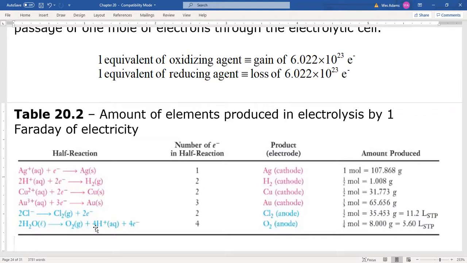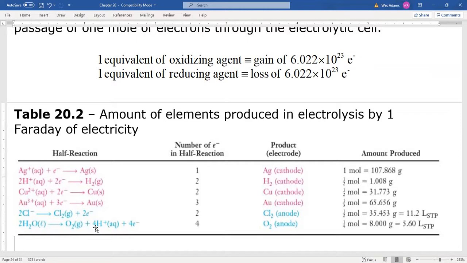You need 2 moles, or 2 Faradays of electricity, to get 1 mole of hydrogen gas, because it's a 2 electron reduction. So 1 Faraday would only produce half a mole, or 1.008 grams of hydrogen gas. Copper is a 2 equivalent reduction, so you'd only get half a mole of copper, or 31.773. Gold is a 3 equivalent reduction, so you'd only get a third of a mole from 1 Faraday of electricity,